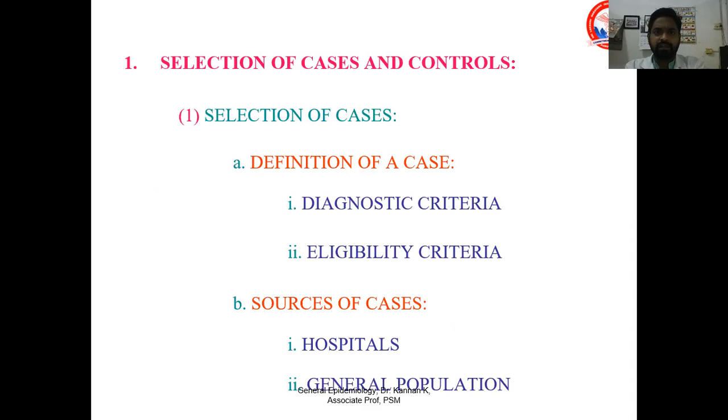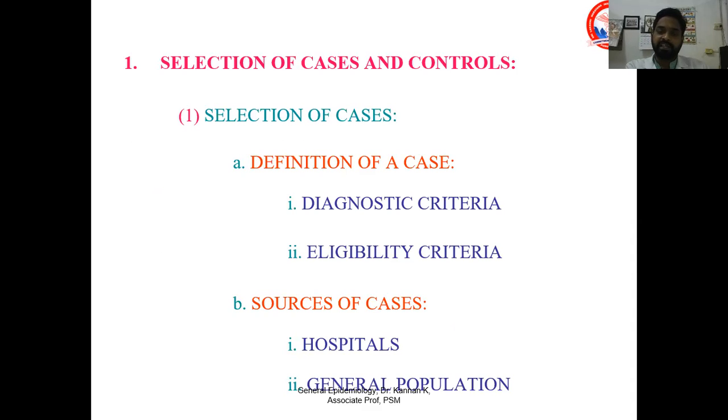Selection of cases and control. Selection of cases. First, we need to define the cases by using diagnostic criteria as well as eligibility criteria. Diagnostic criteria may differ from disease to disease, but we need to make sure that we are following the protocol. We have to diagnose the disease in a standard manner, and we have to follow the diagnostic criteria throughout the